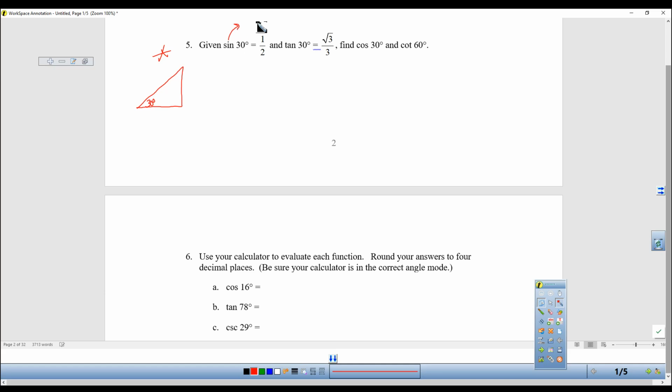They remember that sine of an angle is the ratio of the opposite side to the hypotenuse, so they label it 1 to 2. But then they see that tangent of 30 is square root of 3 over 3, and tangent is opposite over adjacent. They go to label the opposite square root of 3 over 3, but there's already a 1 there,